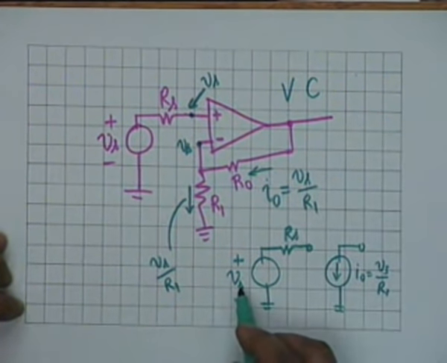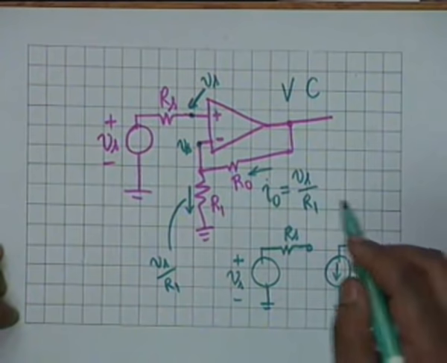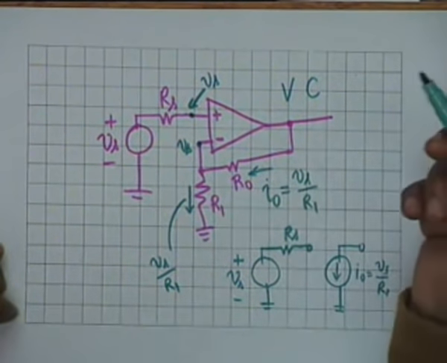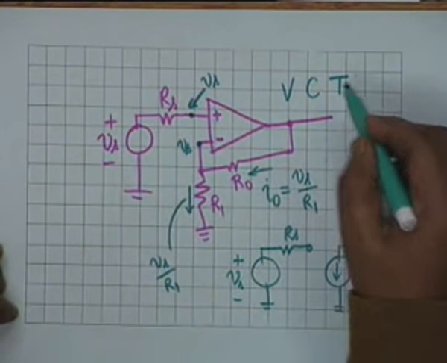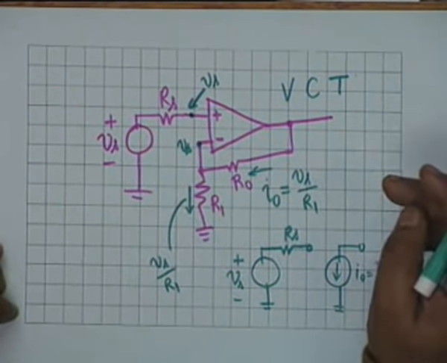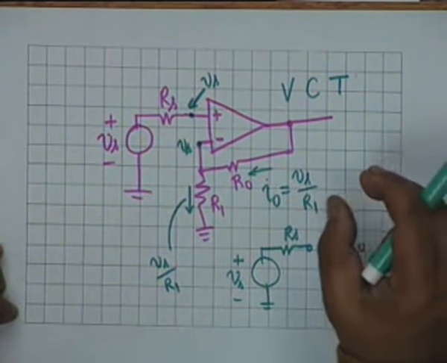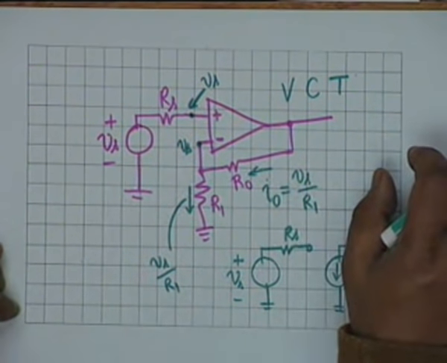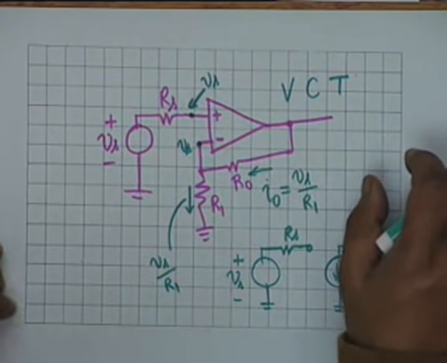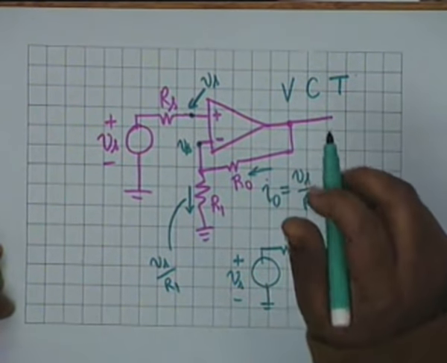A voltage Vs is being converted into a current which is proportional to Vs, and the technical name for such a converter is a transducer. A transducer converts a physical quantity into another physical quantity. For example, force could be converted to a voltage. The device that is used is a transducer.